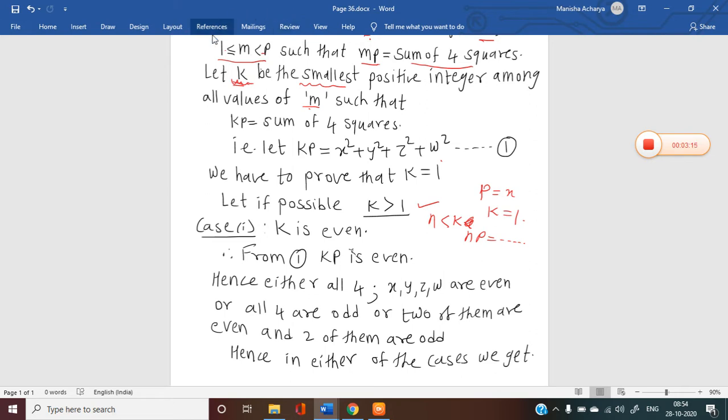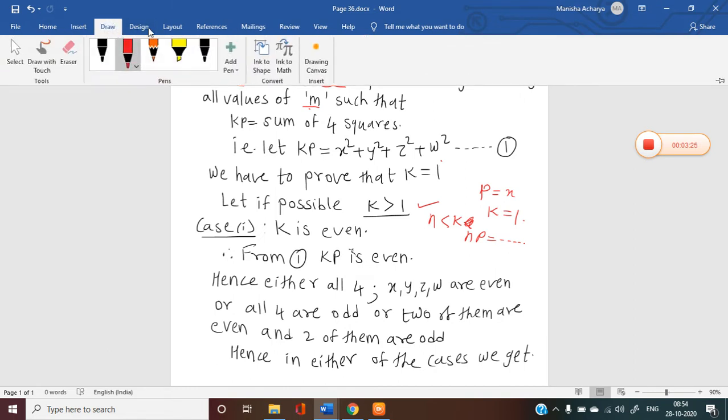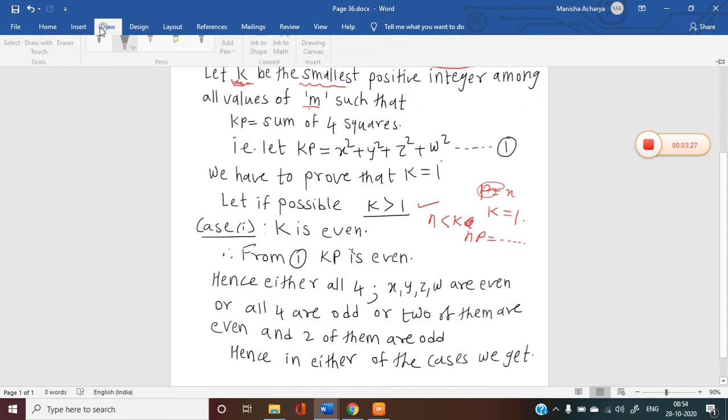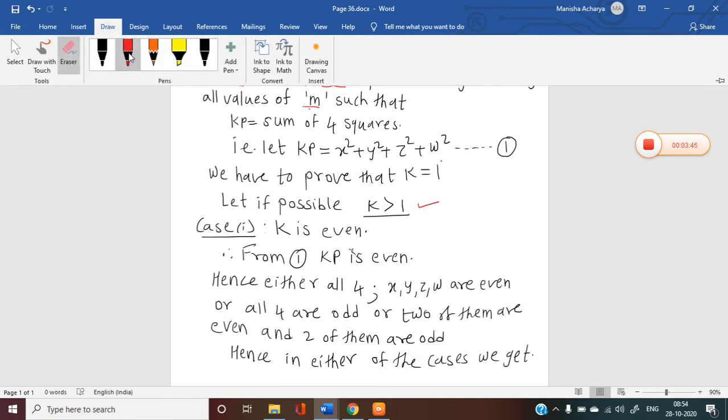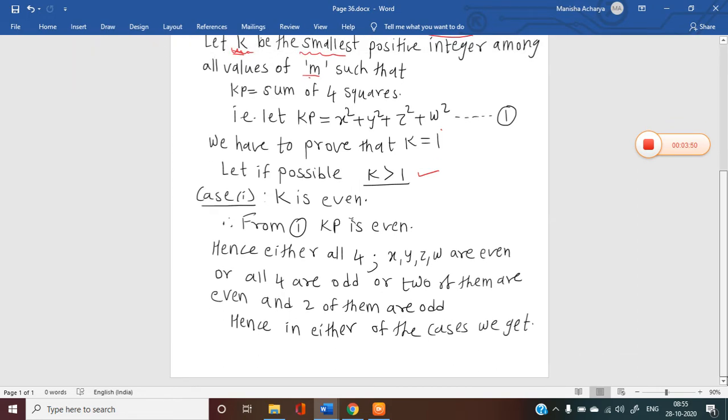Okay, so let us consider case 1 first, that k is even. Therefore, obviously kp is also even. Therefore, from equation 1, the sum of four squares is also even. Since the four numbers have an even sum, there are possibilities that either all four of them are even, or all four of them are odd, or two of them are even and two of them are odd. So in either of the cases, what we can see